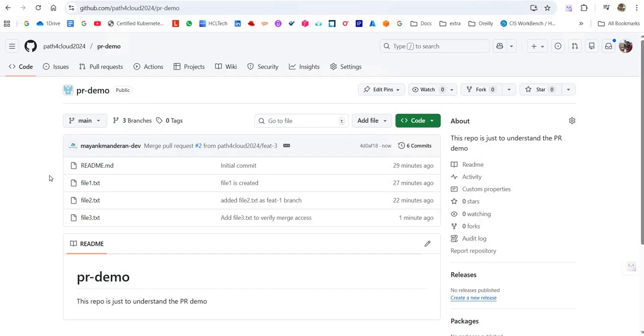Maybe for some reason I have given write access to my developer, but I don't want everyone to be able to merge, or I don't want the merge to happen without my approval, without my reviewer. So in order to do that, we need to add that user as a reviewer. We have added this user with write access in our repository, and to set the protection rule,